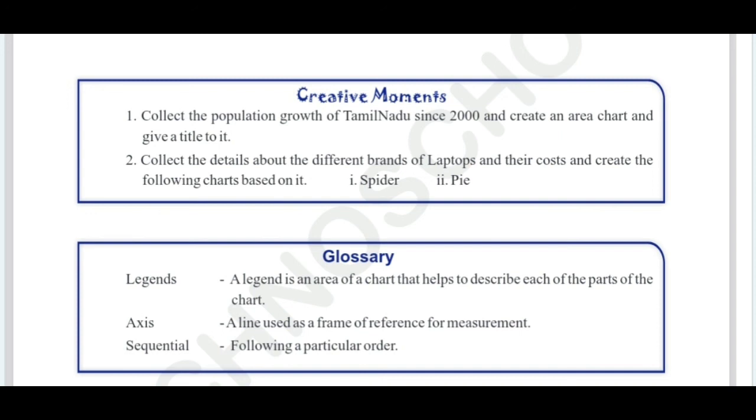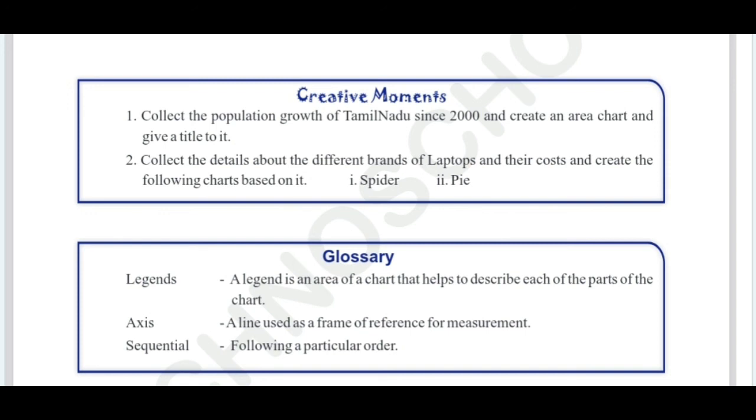You have to create one table in MS Excel. Give a title, population of Tamil Nadu, and create columns, serial number, and year wise the growth of population. Get Google's help to get the population value of Tamil Nadu, and you can create one table and put an area chart. You can get an answer for this task. Try it.